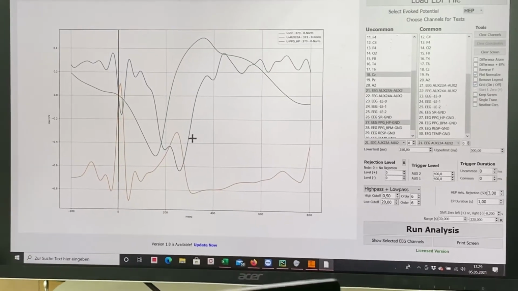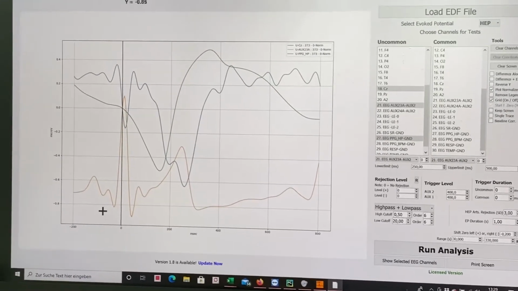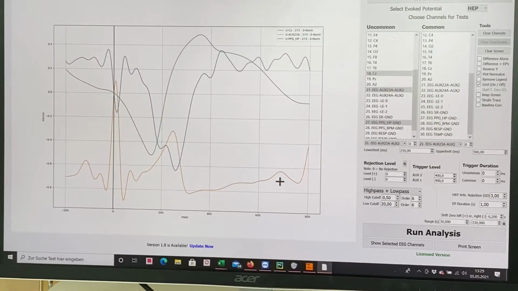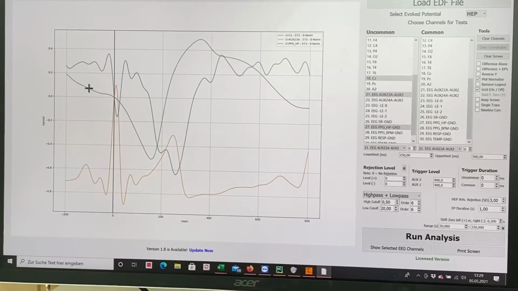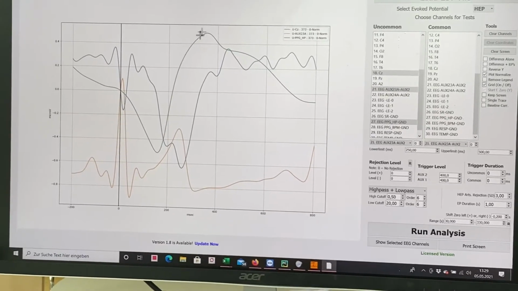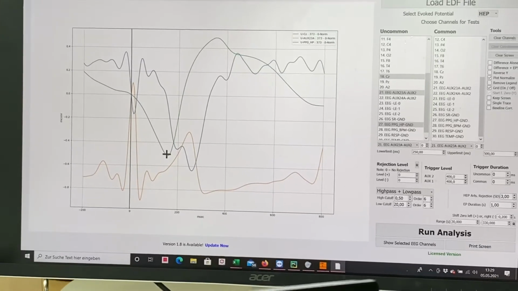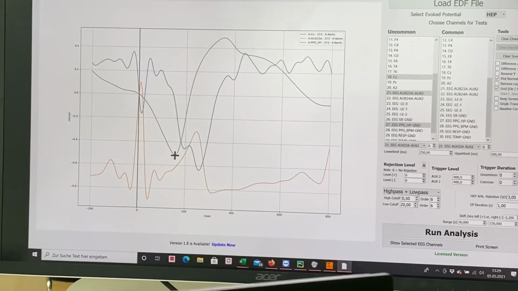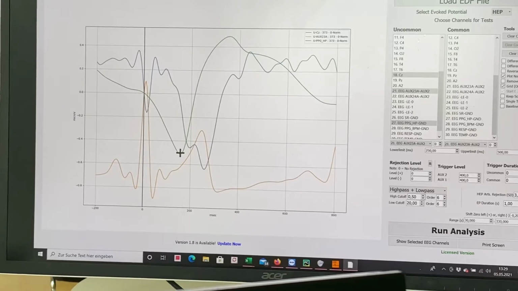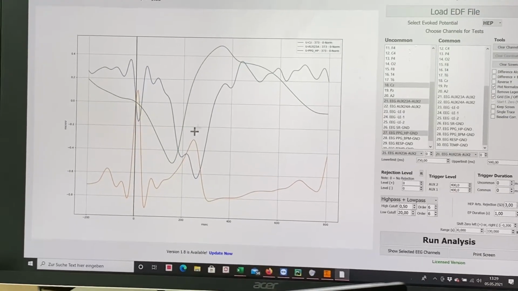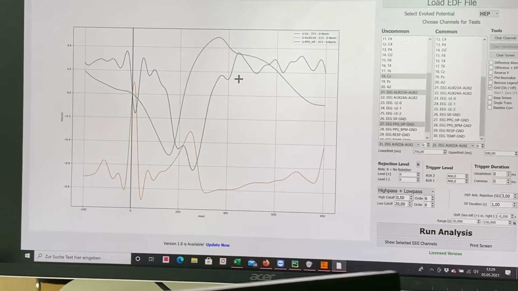Now we have here in red the averaged ECG. In green we have the pulse wave, which comes about 170 or 150 milliseconds after the R wave, and the blue one is the EEG, where we can see that